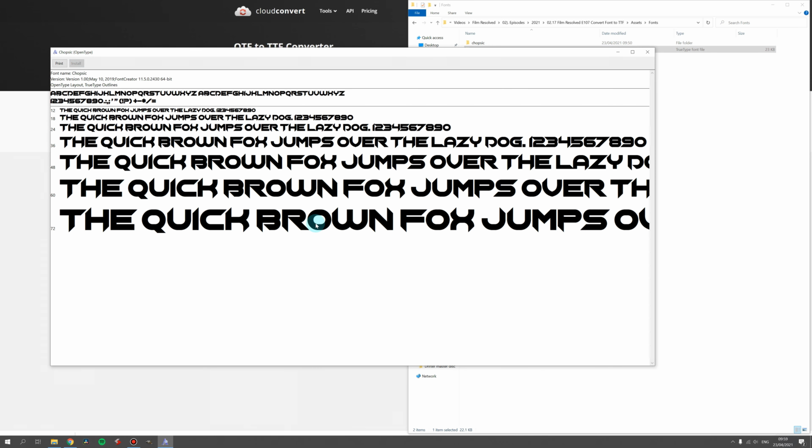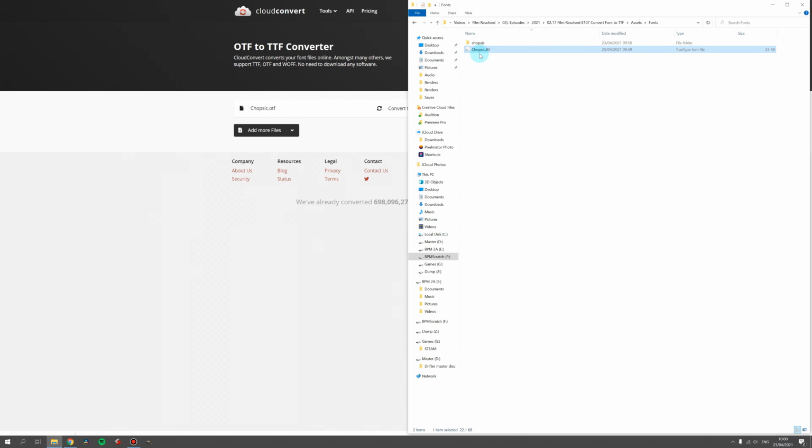Now, 9 times out of 10, this standard method of installing a font will work just fine. But in my experience, and based on the success of this video that I'm linking a card to, lots of people had this issue where every now and again, for some reason, that wouldn't actually successfully install the font. So check that video out, but in short, just right click and install for all users, and that will correctly install the font for you. But that does work only on the premise that you are an administrator, because that requires administrator privileges. And as for a Mac equivalent, I'm not sure if there's a problem on the Mac, and if there is,